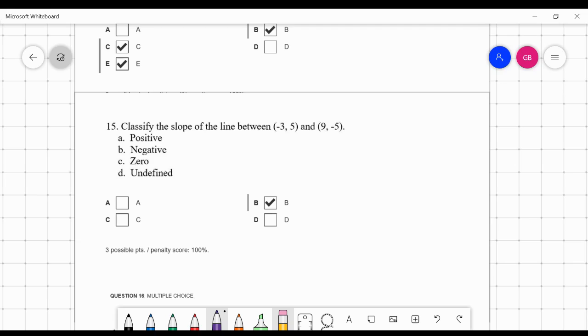All right, 15. Classify the slope of the line between -3, 5 and 9, -5. So I'm going to go ahead and use the slope formula so I can see what the slope is. Okay, so first I'll subtract the x's on top, and then subtract the y's on the bottom. 9 minus -3 is positive 12. Double negative turns positive. -5 minus 5 is -10. Positive number divided by negative number is negative. So it's just going to be